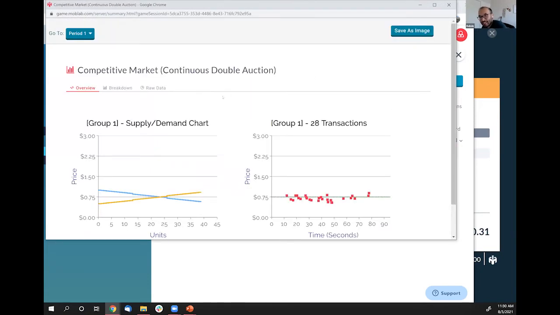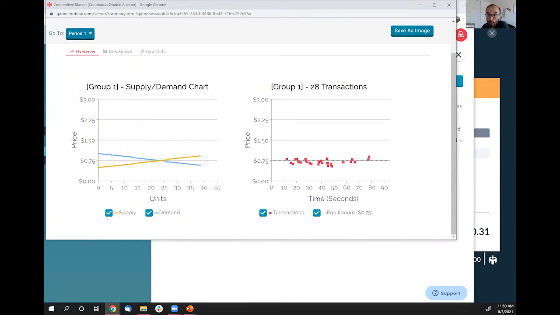And so you can see even in our game, what I like to do, by the way, when I present this to the class, before I share my screen with the class with the results, I like to uncheck all the boxes to have just a blank state. Then when I share the screen again, I tell them, look, if you were a seller, you were a point on this supply curve. You had 3 points. Maybe you had a 60 cents cost for the first orange, maybe an 80 cents cost for the second, maybe 85 cents for the third orange, right? So you were 3 points on the supply curve.